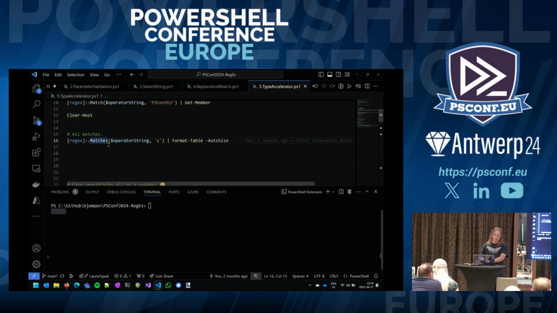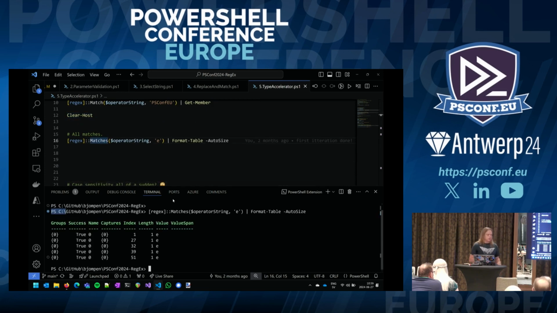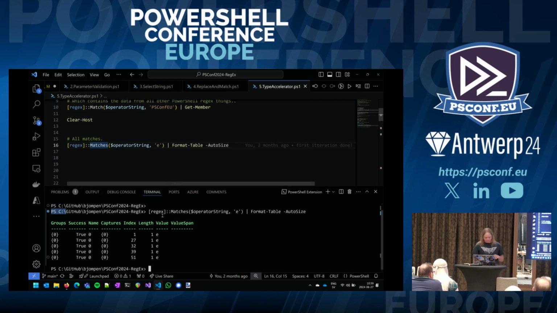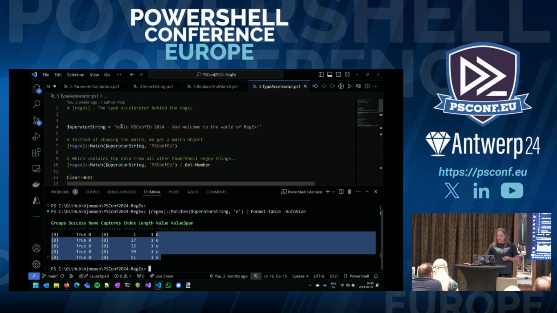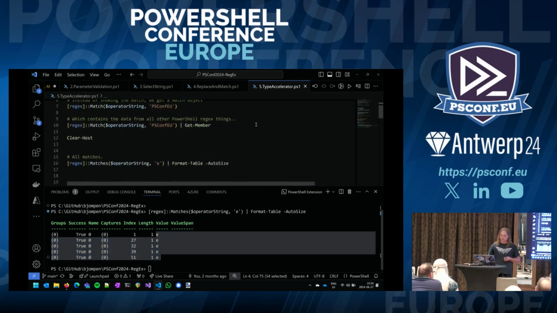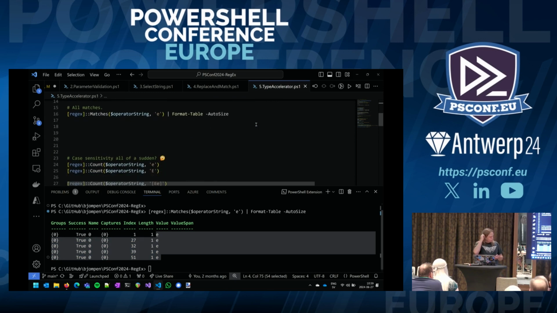We also have, apart from match, we can do matches. So remember we did the select string with all matches. Now, if someone is really, really good at peeking stuff, we can count how many E's we have here. And count how many E's we have here. Because when you use the Regex Type Accelerator, well, all of a sudden, we're case sensitive, because why the hell not?